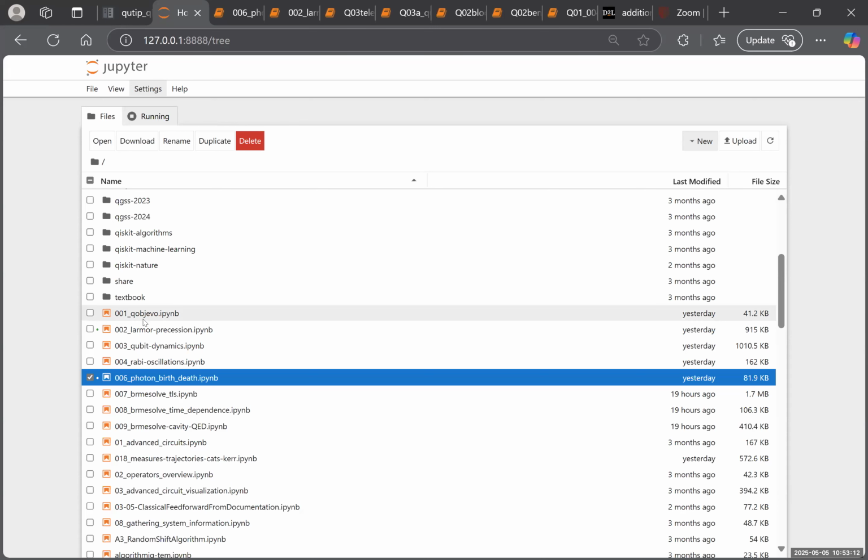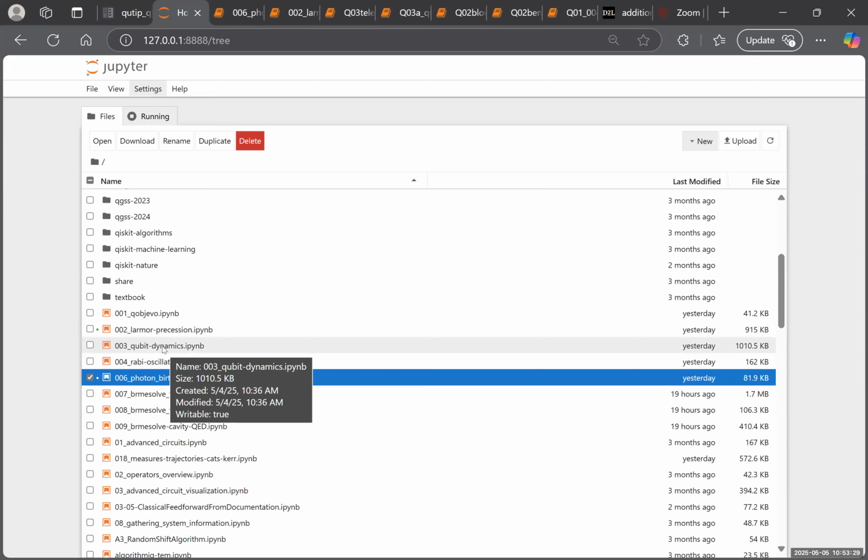So next time, I have, for example, 1, 2, 3, 4, 5, 6, 7 notebooks. Each is short, like 1 page. Some are maybe slightly longer, but I will go through as much as possible, and then we'll leave maybe 15 to 20 minutes for the evaluation for you to